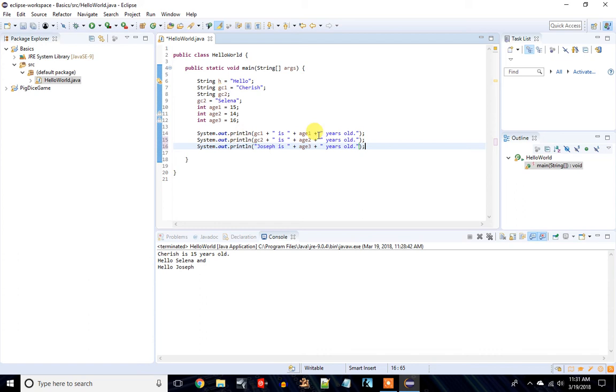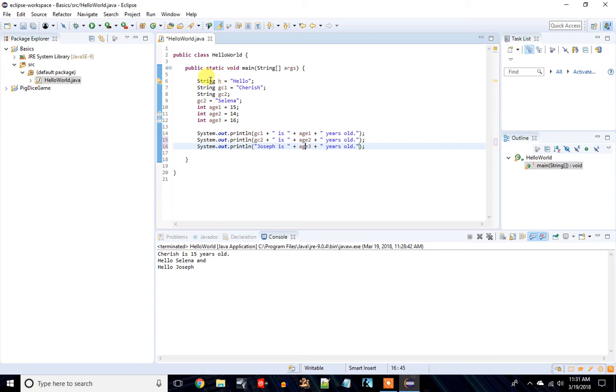All right, so you should have come up with something like this. And I went ahead and left everything as is. I mean, I could have put a GC3 up here and added Joseph up here. But since I had him as a standalone string down here, I went ahead and left it that way. So this is the way I would change that: Joseph is, and just use the age variable 3, and then years old. So now if I run this, oh, and the other thing that we want to do here